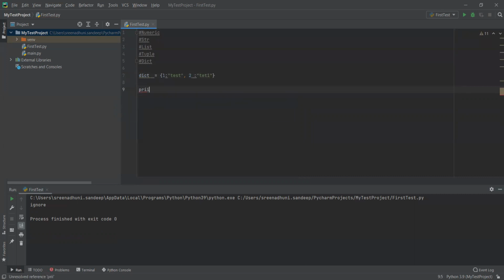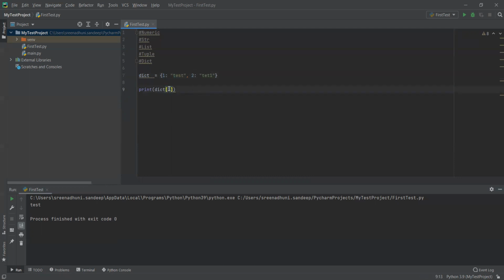So now print dictionary of first one. Let's execute this. See, this is the key and this is the value, and similarly this is the key and this is the value. One key is having the value test, and 2 key is having the value test 1.